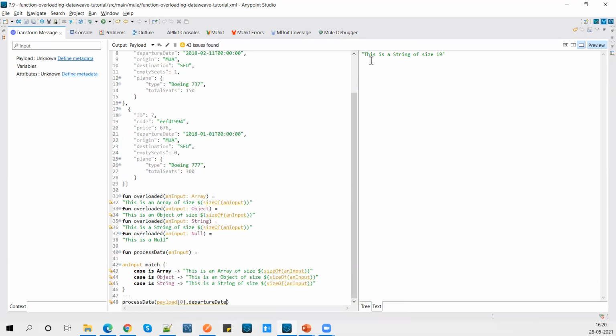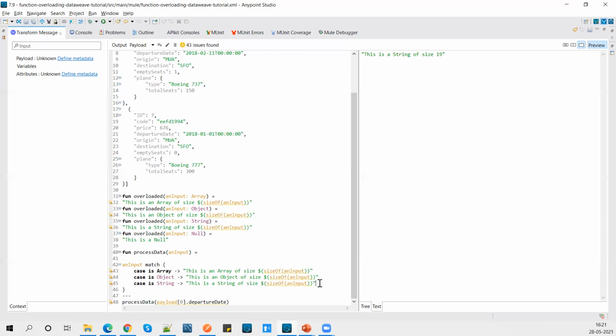You can see the size of the string is 19. Okay, so now you can clearly see that the function overloading behavior we can achieve via the match operator.